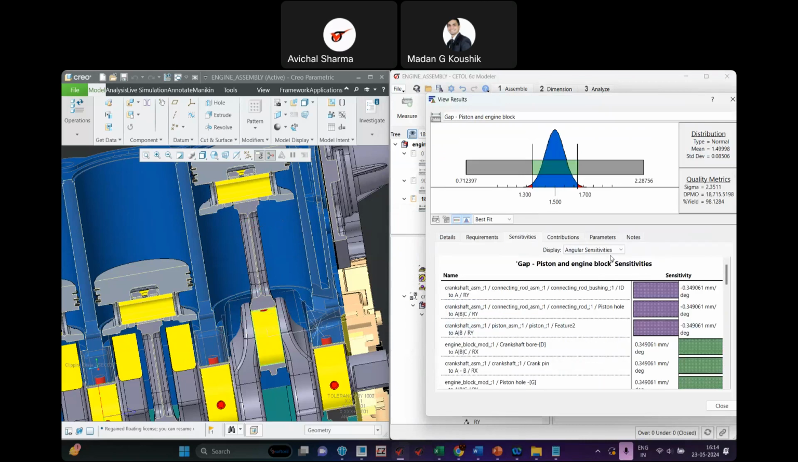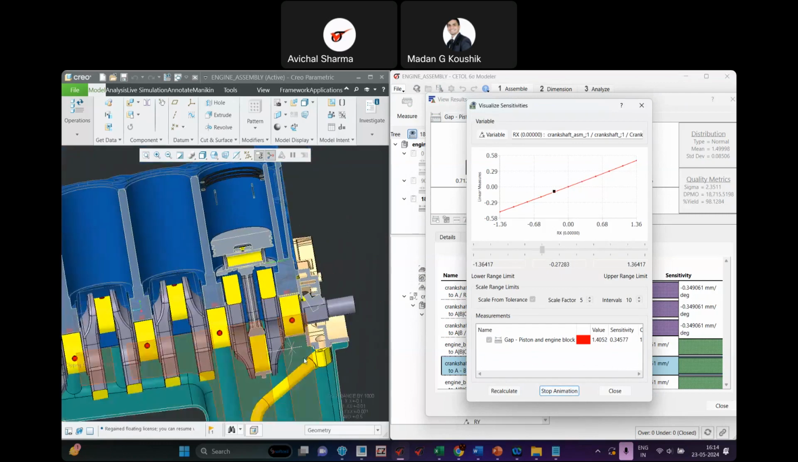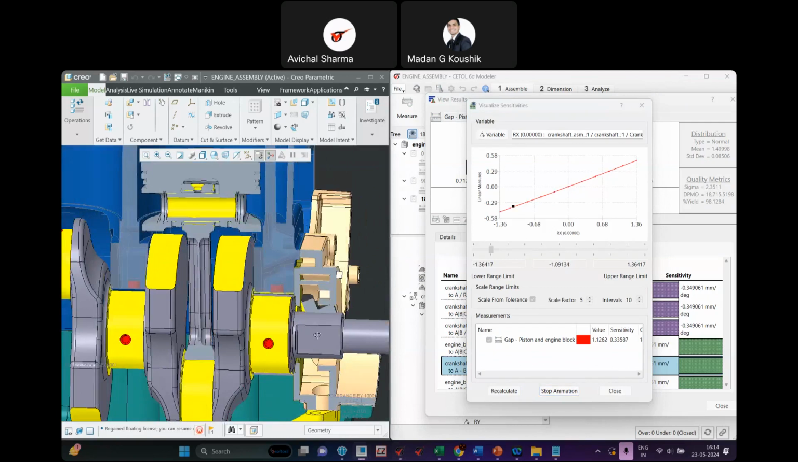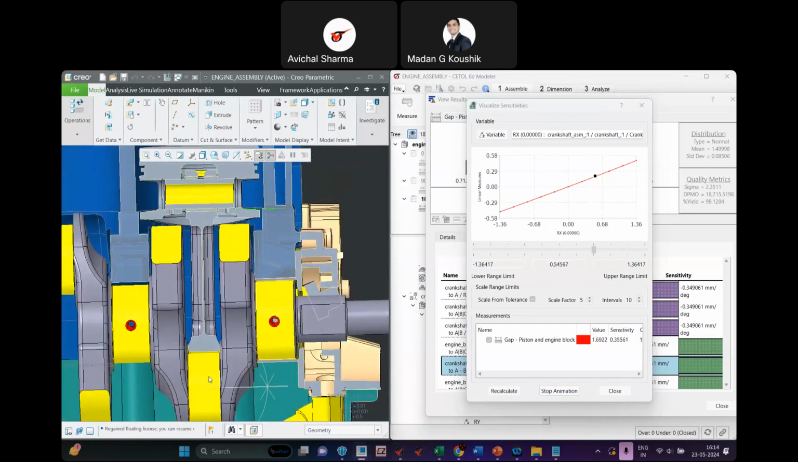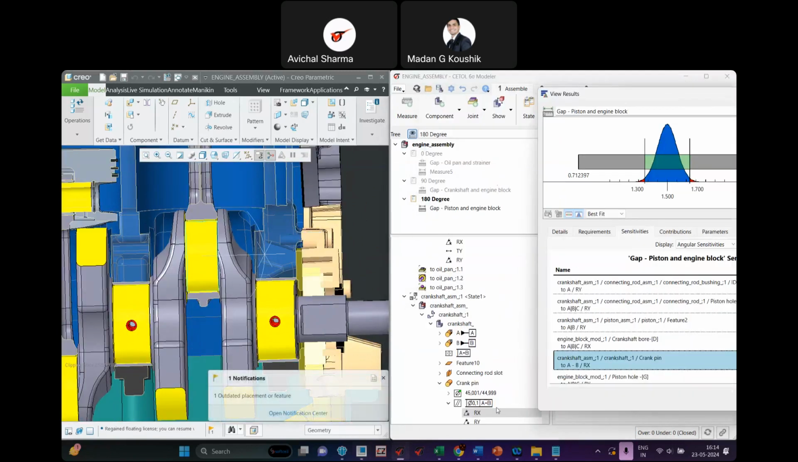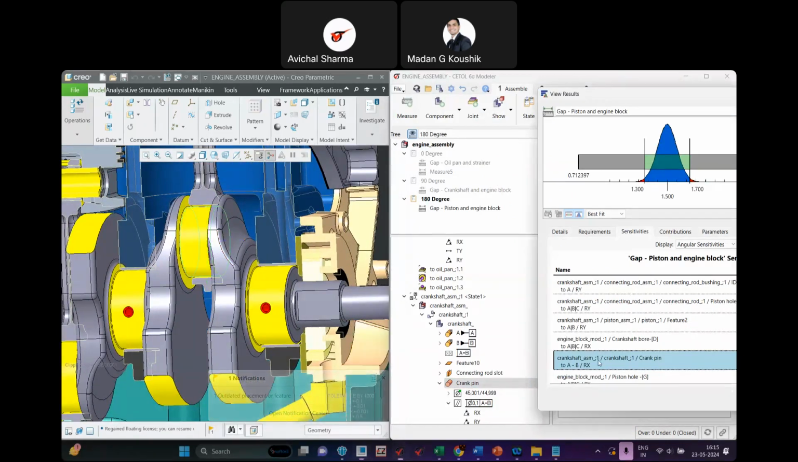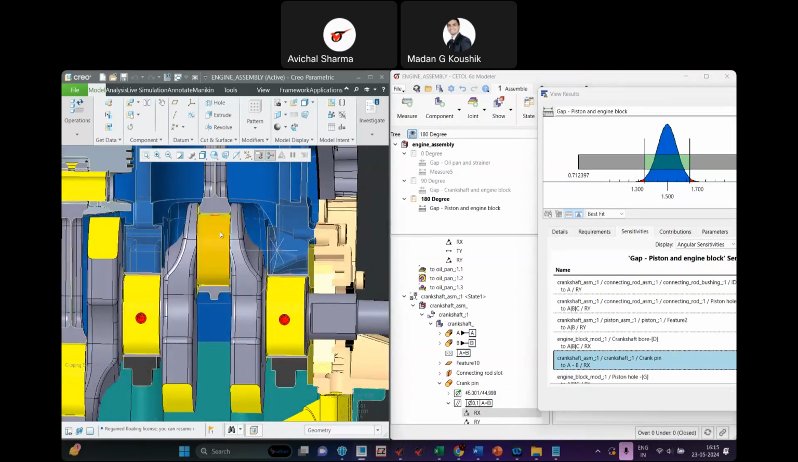Likewise, we have some angular variables also. So for example, this one is showing angular sensitivity. This is basically showing how this crankshaft is assembled. So let me just show this feature first. This is the crank pin rotation along the x direction. So if this crank pin is rotated in the x direction, in this direction basically,